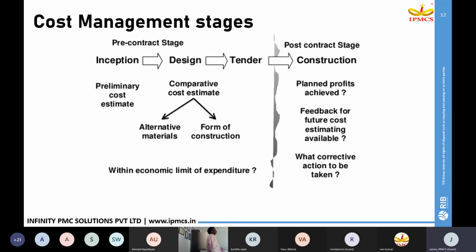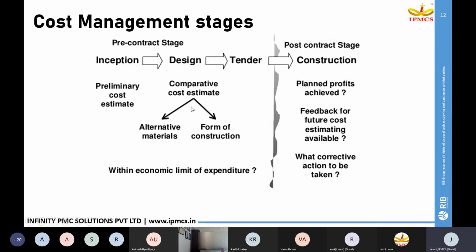So we saw the stages, and the cost management stages can again be bifurcated into two stages. One is pre-contract and the second one is post-contract. Pre-contract covers the conceptual design and detailed design stages, where we'll prepare a preliminary cost estimate, and upon receiving a detailed design, we'll prepare a comparative cost estimate where we look at alternative materials or alternative construction methodologies.